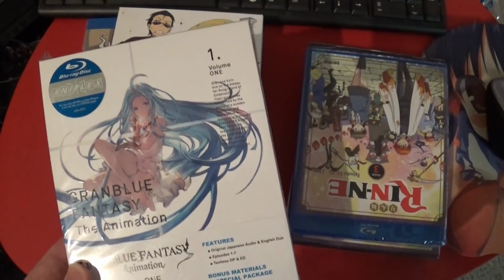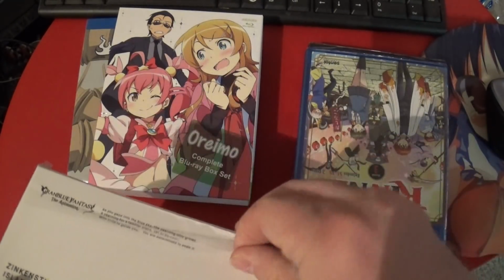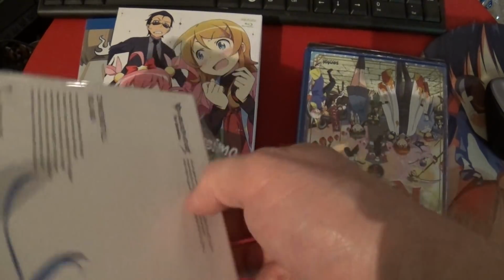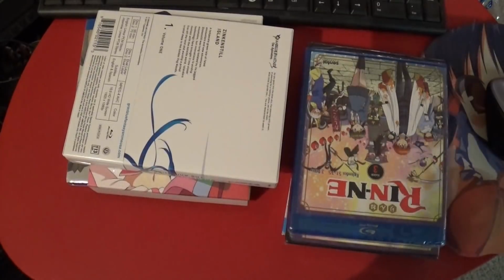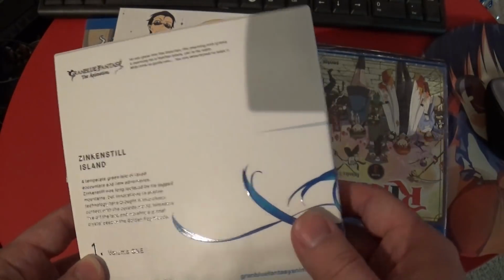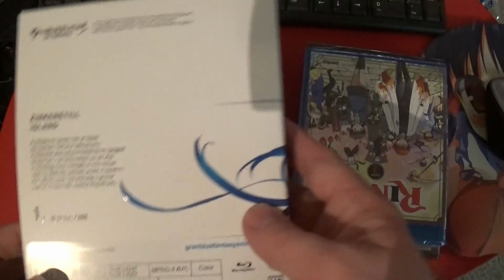Granblue Fantasy, I've been curious about. I don't even know what it's about, but I've seen weird imagery. Like, you can kind of tell from Kantai Collection, looking at imagery of that, oh yeah, this is girls who are ships. You can tell from their character designs. Then there's an island of some sort. There's a girl on the front who looks like, ooh, that's a neat sword lady. Anyways, let's